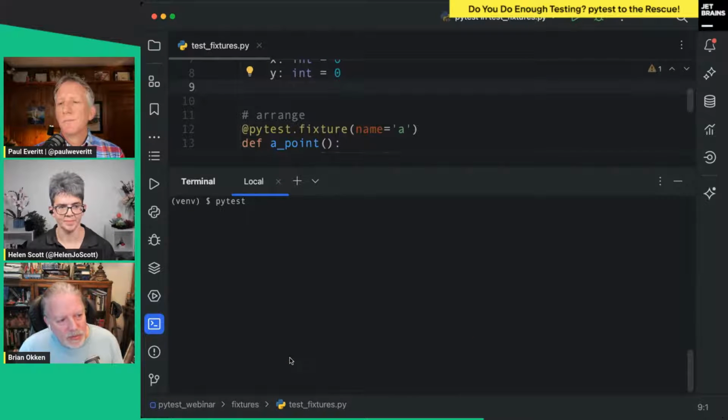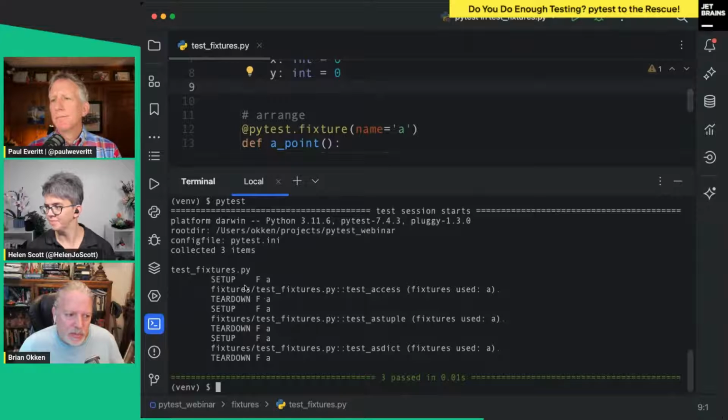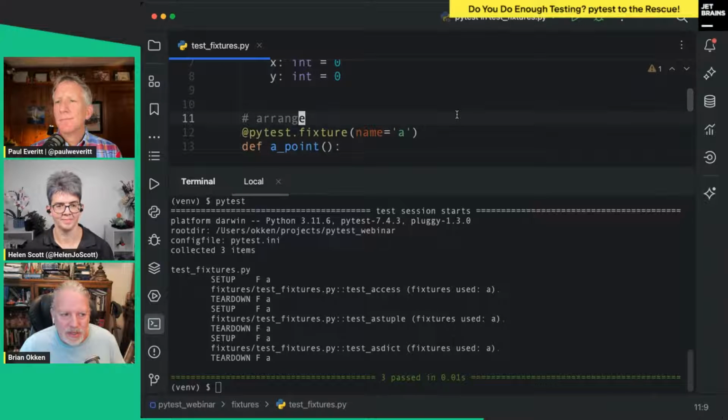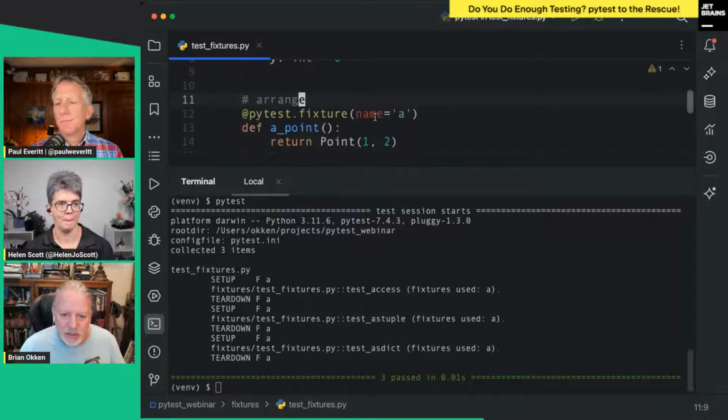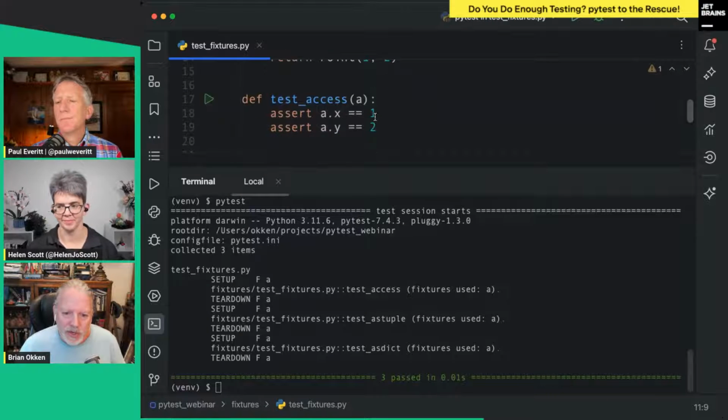So the fun thing about setup show is it shows you exactly when your setup and teardown are run. It's really handy for debugging fixtures. So right now, this fixture is being run for every single test. That seems excessive because we're not changing the test. If we were modifying the point, we would totally want that. We would want the point to be set for each one.